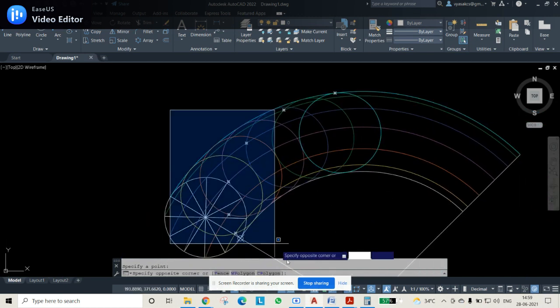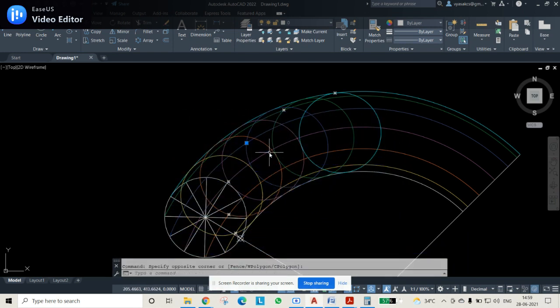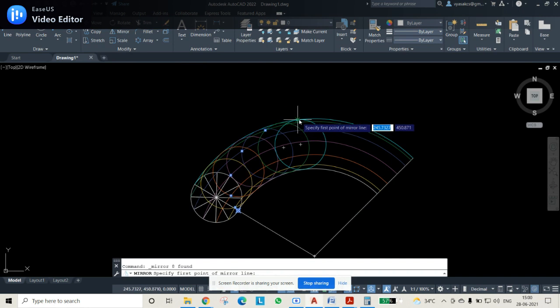So now whatever the points are obtained, these points will be symmetric. Whatever this side is there, the opposite side will also be the same. So we can select all these points obtained here and use the mirror command, and from this center point up to the midpoint like this I can draw, so that this side option and that side option are also perfectly done.